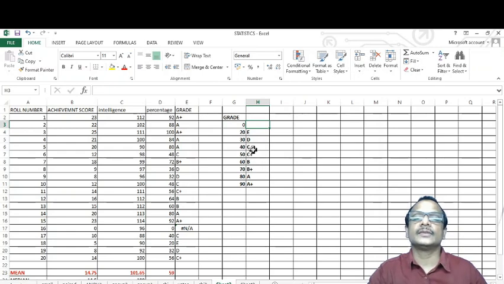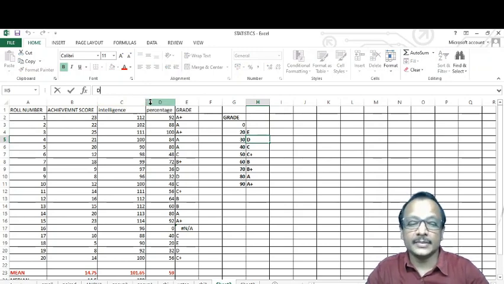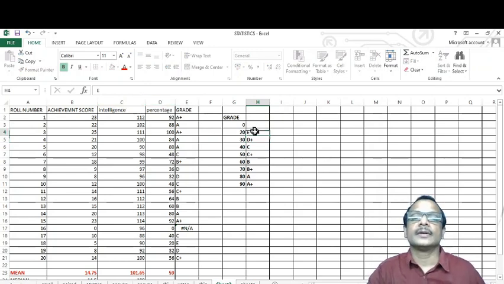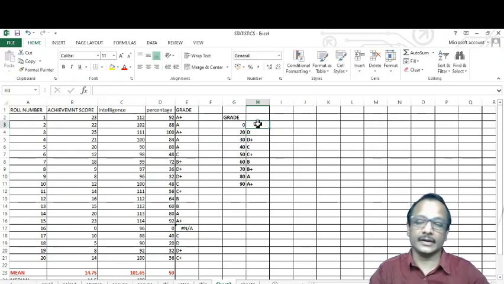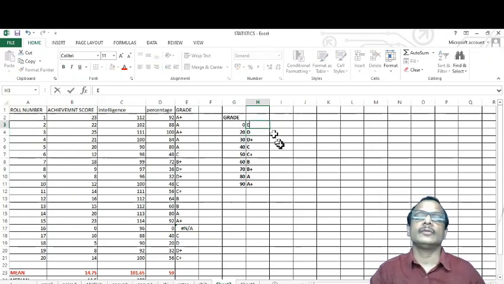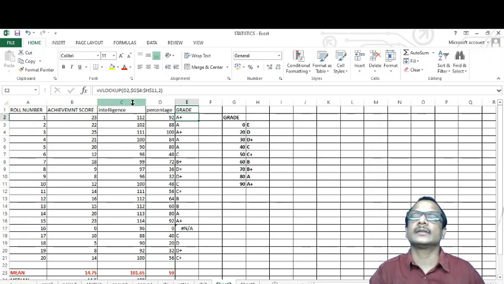C plus, C is there, similarly D plus, D is here, D plus, and here D, here D, then here E has to be added. Now only this grade table is correct. Now select this grade cell again and select the area again.